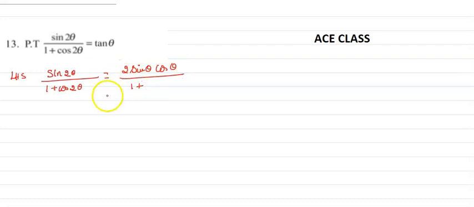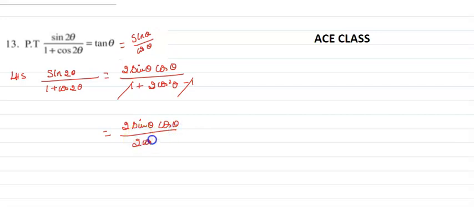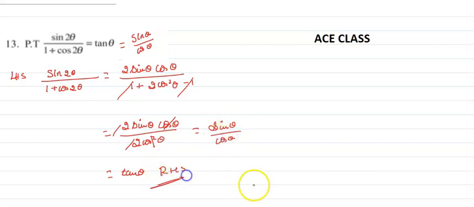That is very important. Since my RHS is tan theta, I have to write the numerator as sin theta and the denominator as cos theta. So let me write cos 2 theta in terms of cos, that is 2 cos square theta minus 1. Plus 1, minus 1 will get cancelled. So 2 sin theta cos theta by 2 cos square theta. The 2 will get cancelled, one cos will get cancelled. Sin theta by cos theta will be left out, which you can write as tan theta. So this is your right hand side, which you have proved.